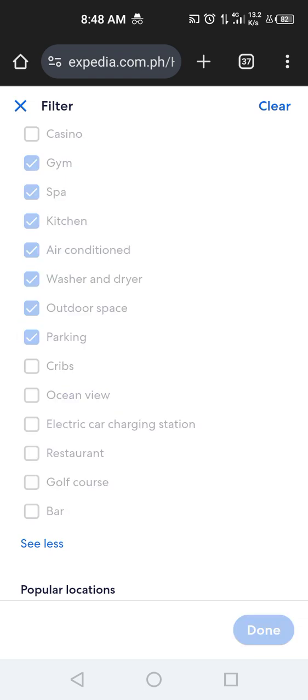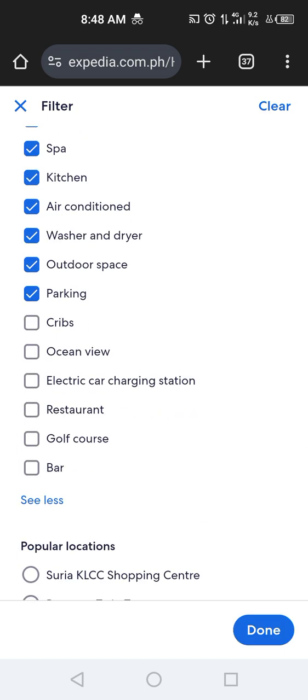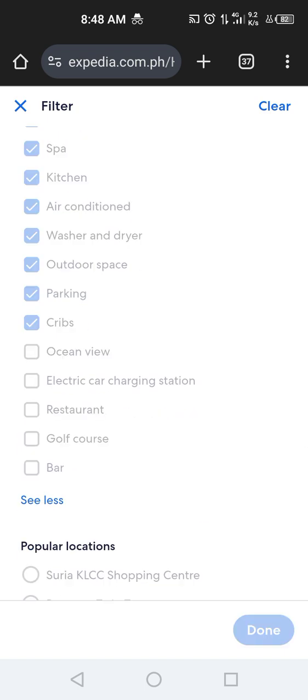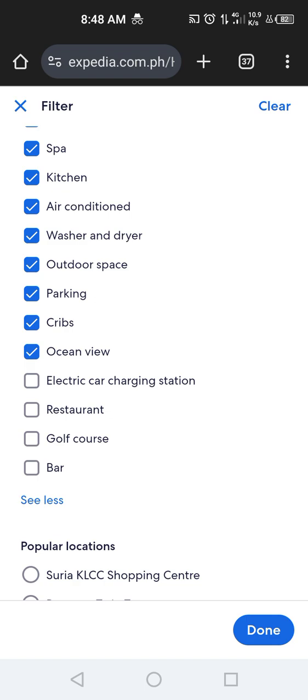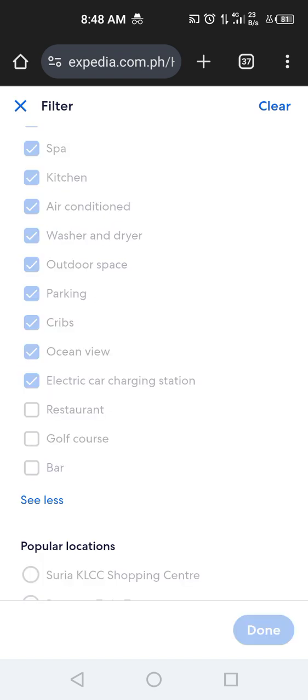Parking, yeah, because I'll be renting a car in Malaysia. Ocean view, that also. Just in case if the car is an electric car, we should check this one out too.